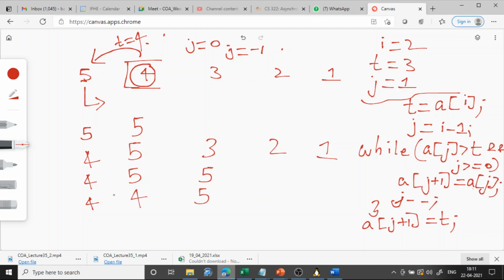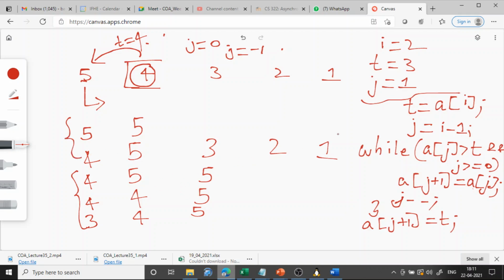Next j will become minus 1. As j becomes minus 1, control will come out of the loop. When control comes out of the loop, this location will be filled with t, so this will become 3. So 3, 4, 5. This is the end of the second iteration.